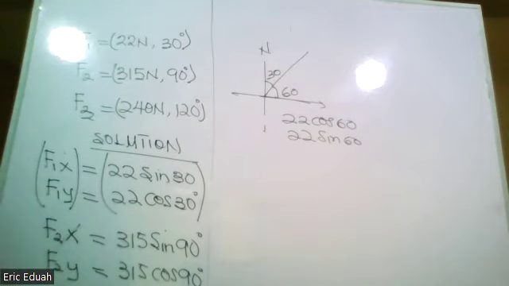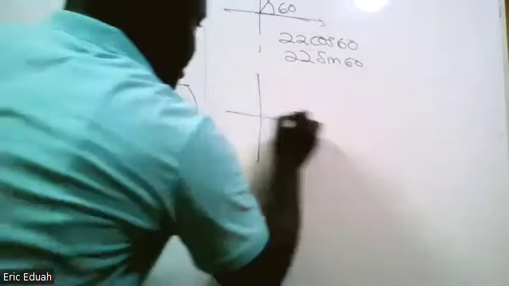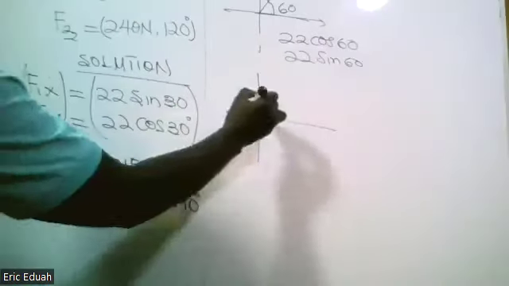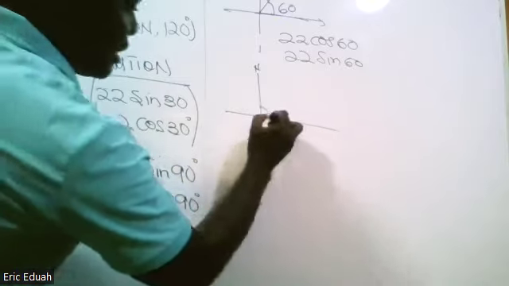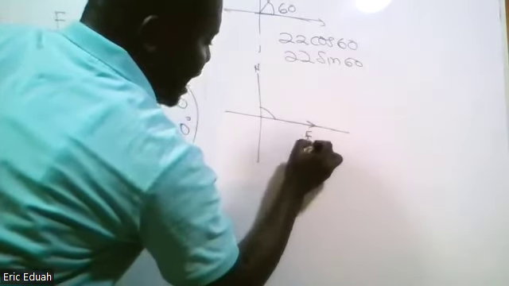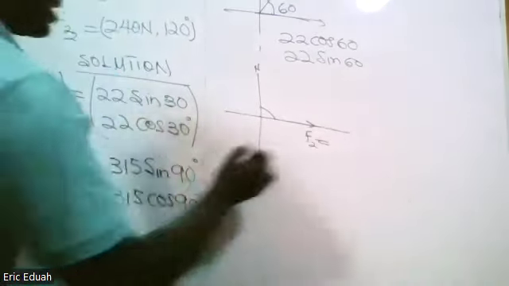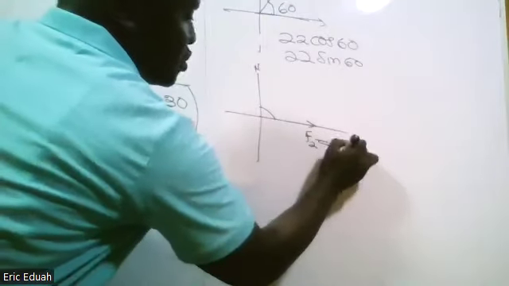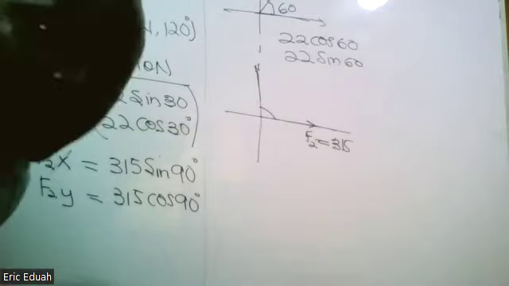If you want to use the other angle, this is how you must go about this. This is 90 from the north. Then the vector or the force F2 lies on the x-axis. And this is 315. So if it is 90 degrees from the y or the north, the question is that